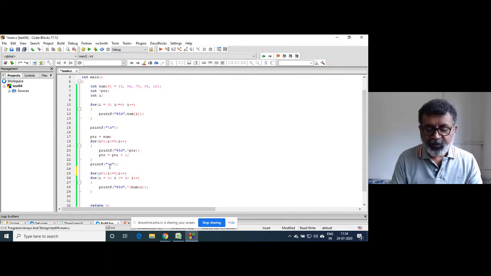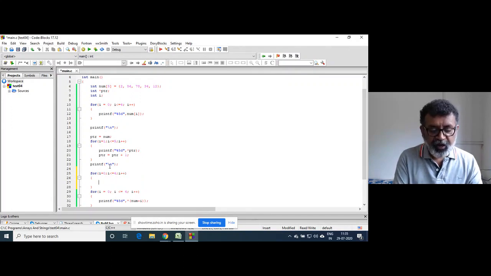We are going to print the addresses. You can do it using a pointer, but we'll print using array indexes.